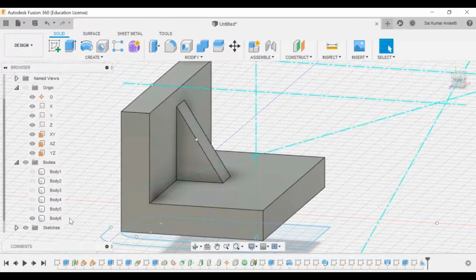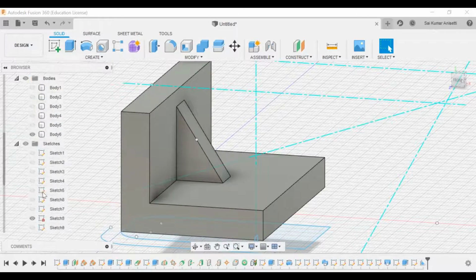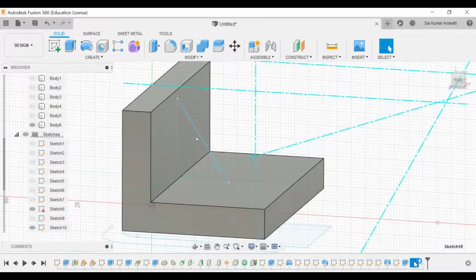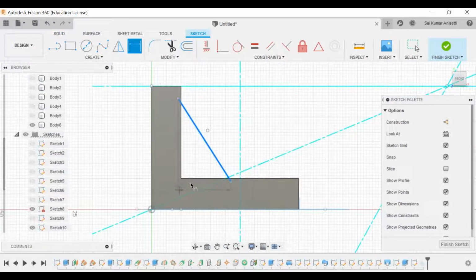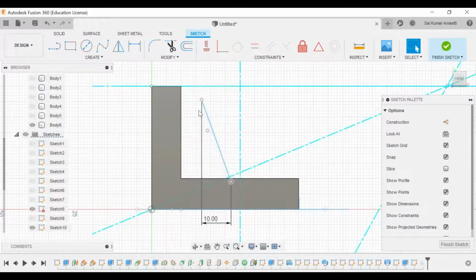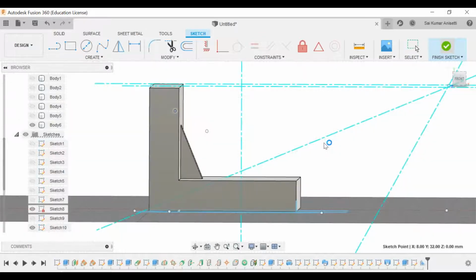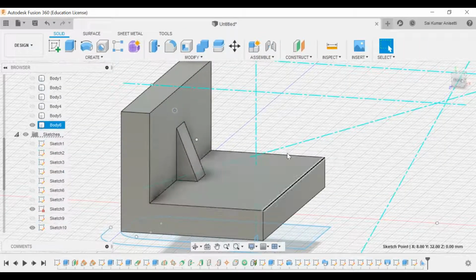Now if I want to change the angle of this rib, go to sketch, and you can. If I want to have a different angle, change the direction, or else give any. So instead of 18 I can go with 10, or else let me give 10. Okay, I have changed the shape of it. It automatically gets updated. So that is the beauty of this rib command.